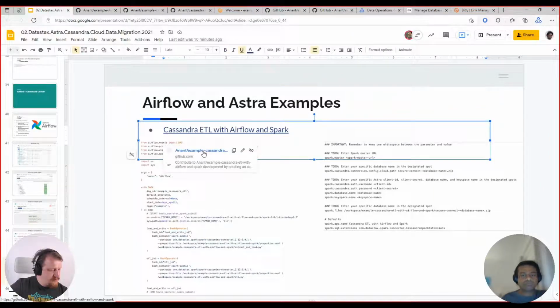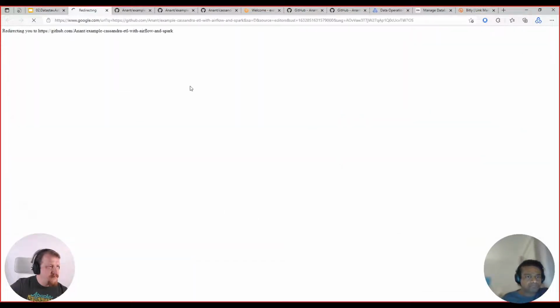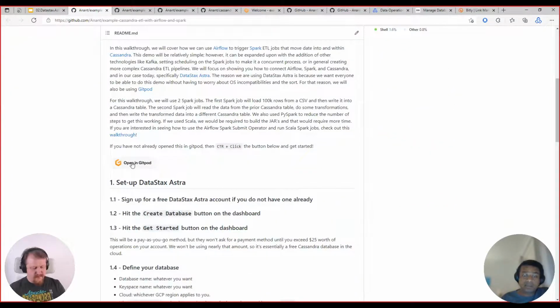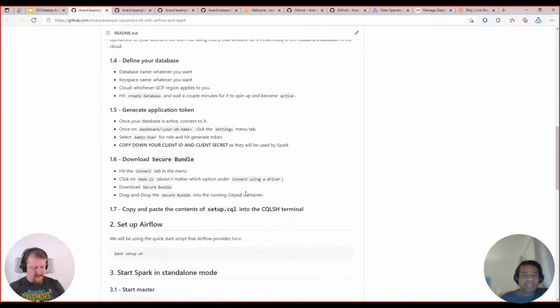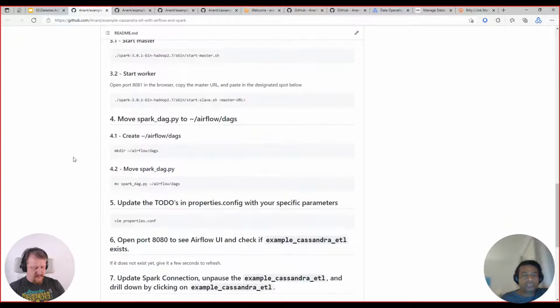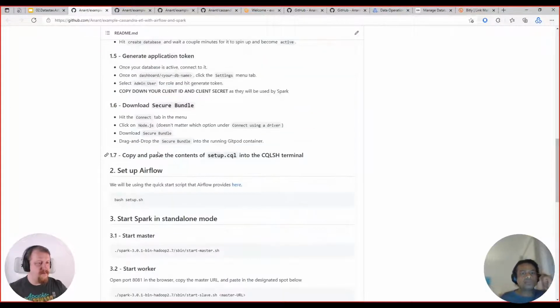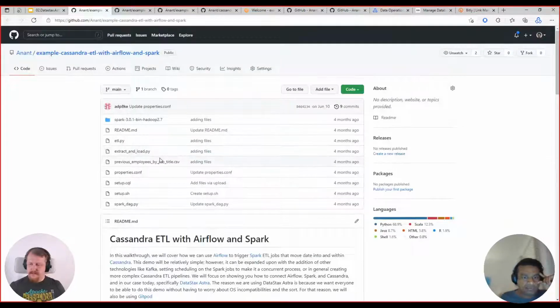By the way, all these slides will be made available online. But in this one, you can open this up in Gitpod. You can run this in Gitpod, so you don't have to install Airflow yourself. And you can connect this with Astra. What it will show you how to do is essentially make a simple ETL where you're taking data from one table and putting it into another. You're doing some operation on it. Basically it looks like